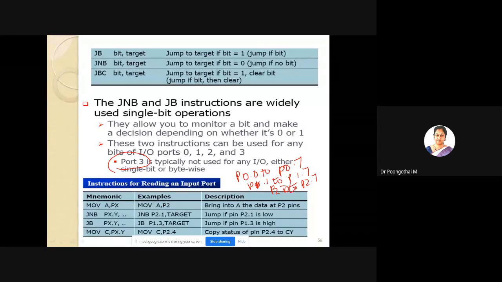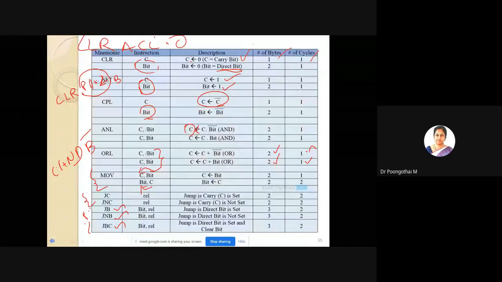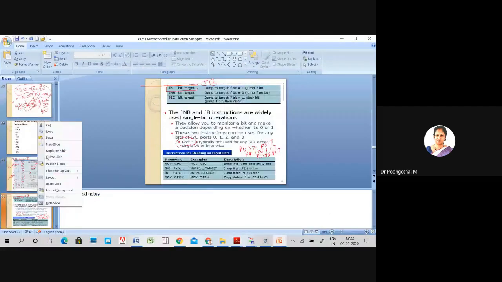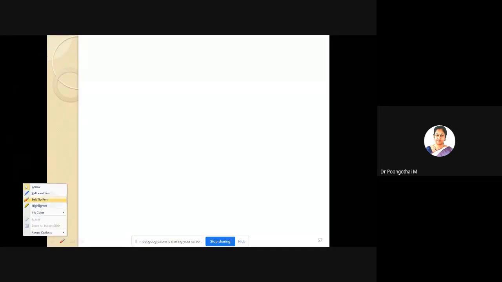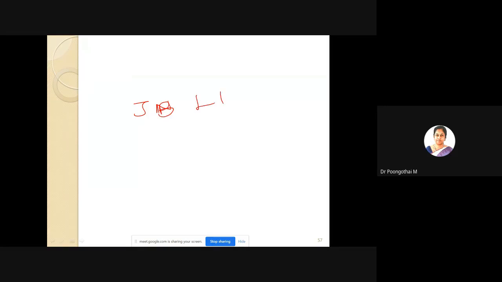Now the jump bit instruction. This is the syntax, JB bit comma target. For example, JB P1.2 comma L1.